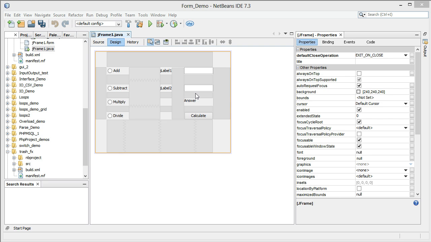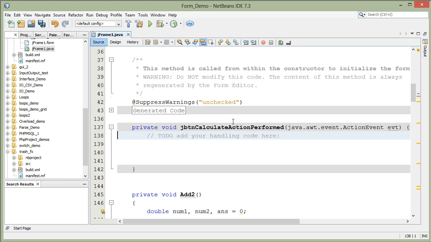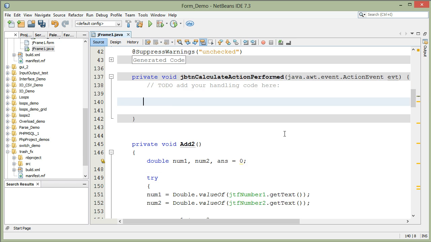to those numbers. Okay, so what we're going to do is double click on calculate. That's going to take us right here to our button action calculate performed. So what we have to do is check to see whether or not that radio button was selected. So we're going to use an if statement. So we'll do if